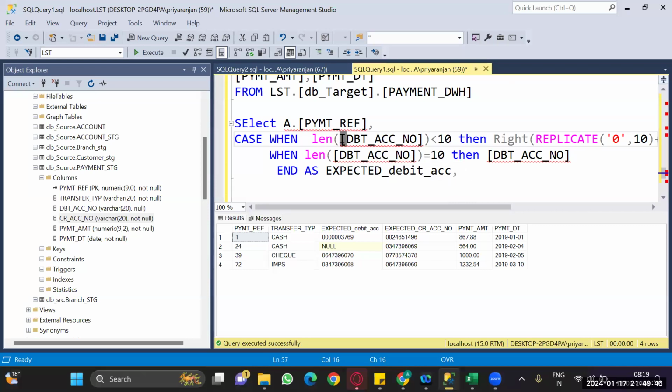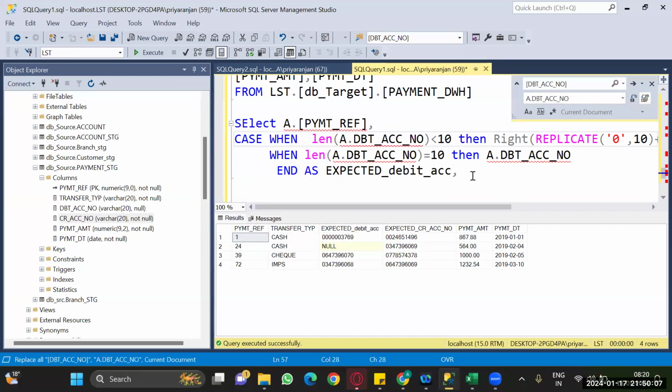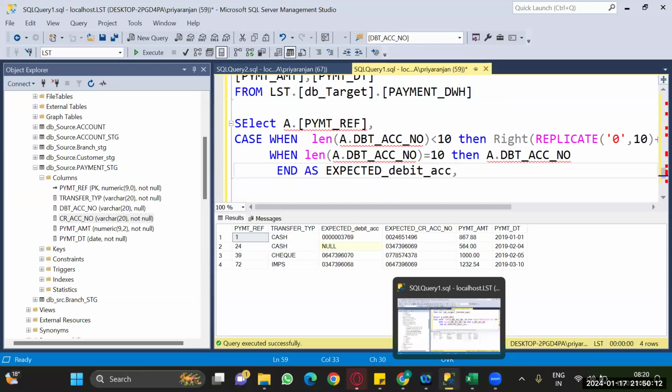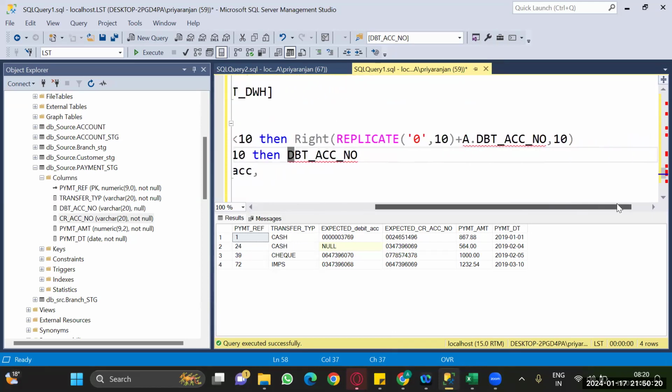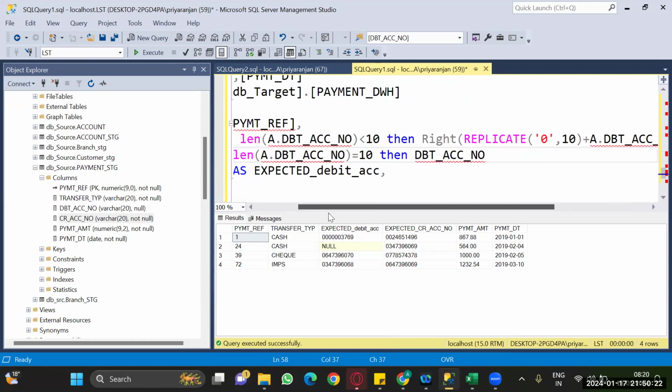here I need to replace this debit account number with A dot debit account number. If you don't put the alias and the columns are the same in both tables, you will be getting an error saying that this column name is present in multiple tables and you need to assign the alias to make it unique. So whenever the column is the same in both tables, you need to provide the alias name for that. Okay, then